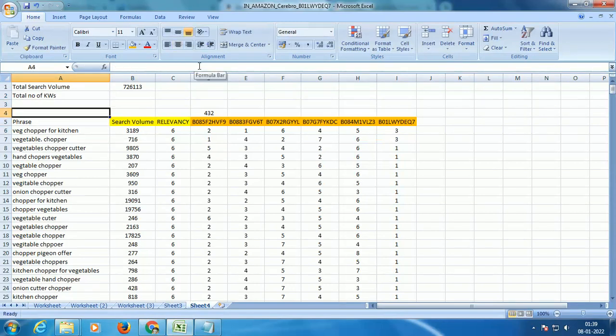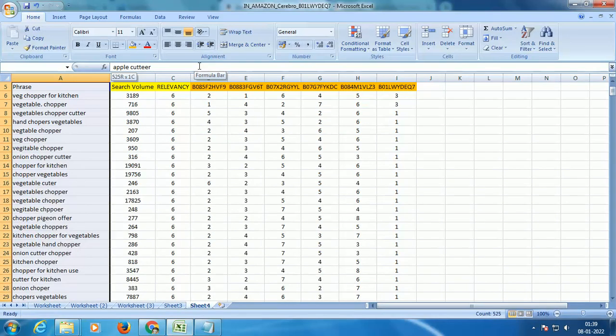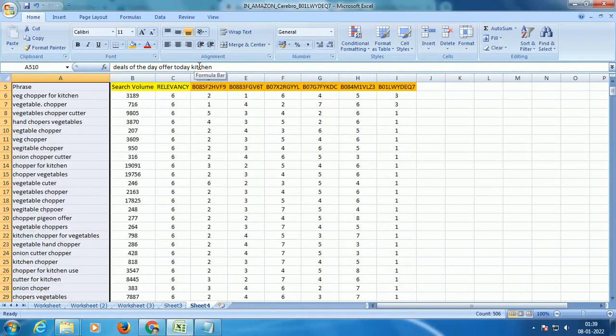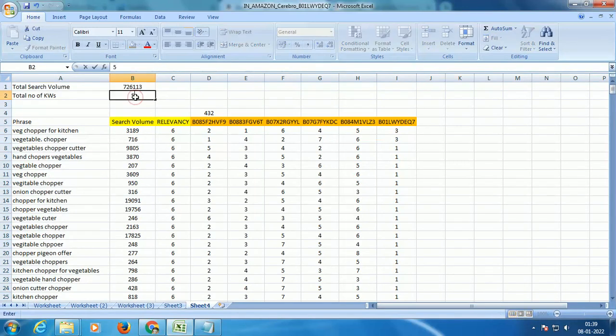So they have 524 keywords. So in this market, when I say market, these 6 players, they're ranked for 524 keywords. Since they're ranked for 524 keywords, they're able to attract a search volume of 7 lakh plus, which is like some 24,000 plus searches every single day.